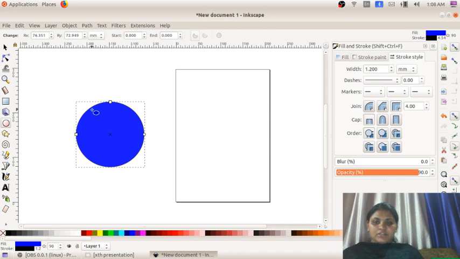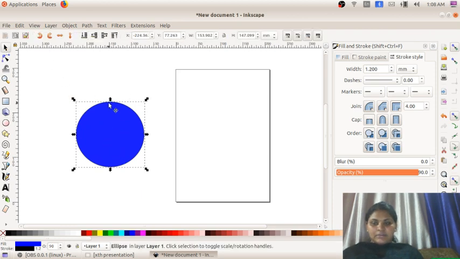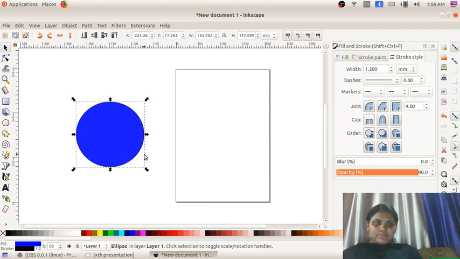Fill color. This blue color is filled in the picture. And what is stroke? It is the outline of the picture. We can give any colors. Okay. If we take this, the picture got selected.